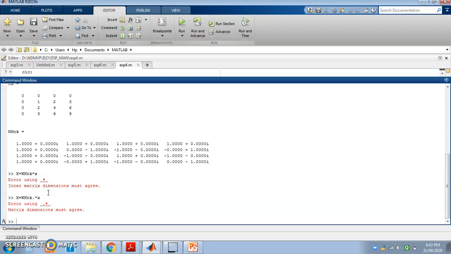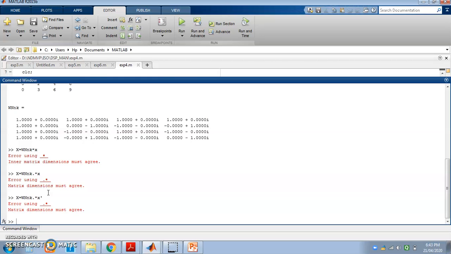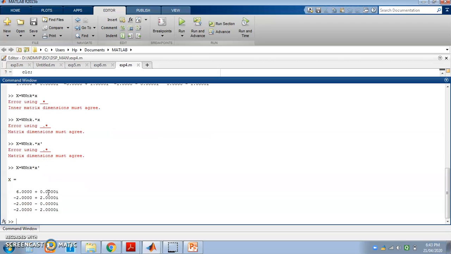So what I can do is write the same thing but in transpose form. Again there is a problem. So what we can do, we'll just remove this and we will enter it. These are the probable errors that you may face in the practical exam also. Here I need to multiply the 4x4 matrix with a 4x1 matrix, and we are entering sequence x as a 1x4 matrix, so the size is not matching, and hence one needs the 4x4 matrix multiplied by a 4x1 matrix.